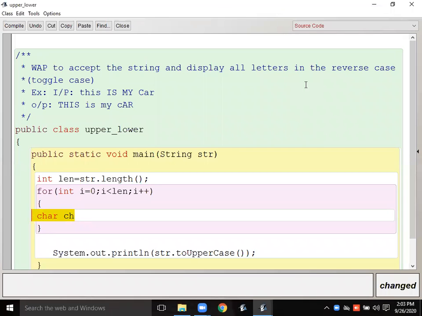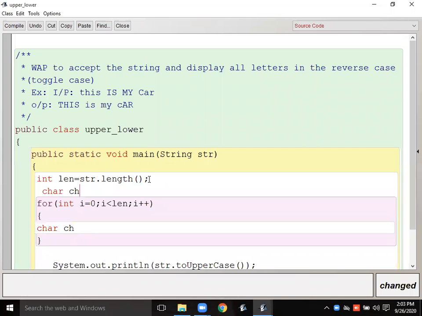But you know what, I'm in the habit that where I am using, there only I'm initializing. So char ch equals to str dot charAt i. By this statement, we will fetch the letter.